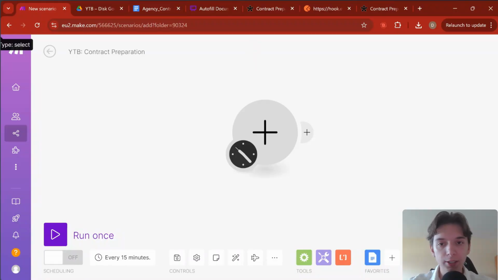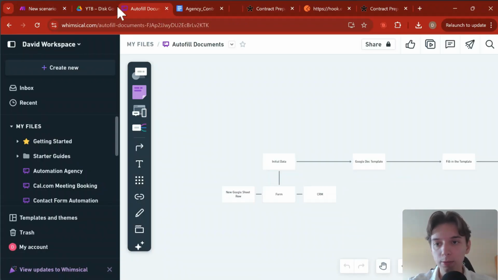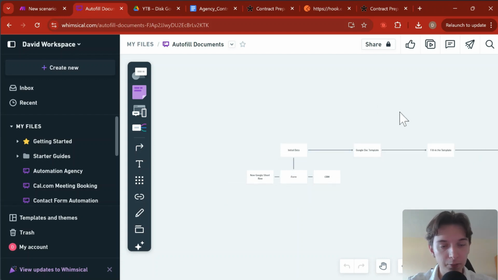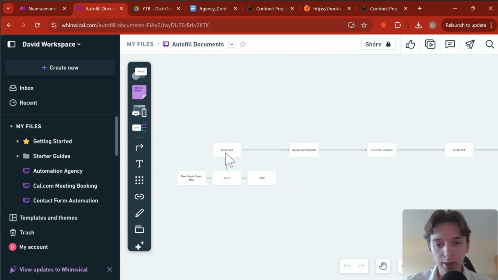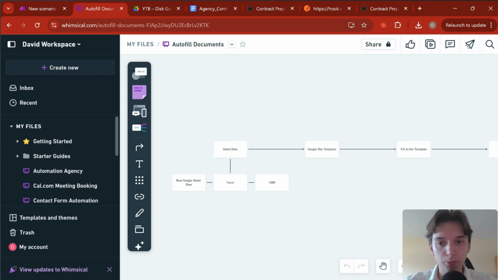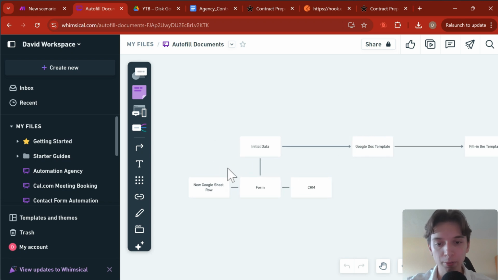The first thing that I'm going to show you is this Whimsical board. I'm going to show you what we are going to go through today, so what is going to be the process. If you want to autofill some document and do it from Make.com, you need some initial data, right? You need the data that you want to fill into the document. There are so many places you can get the data from, but the three most common ones will be